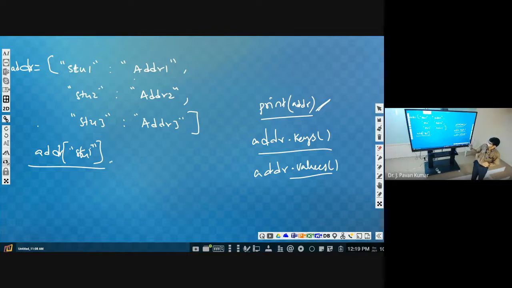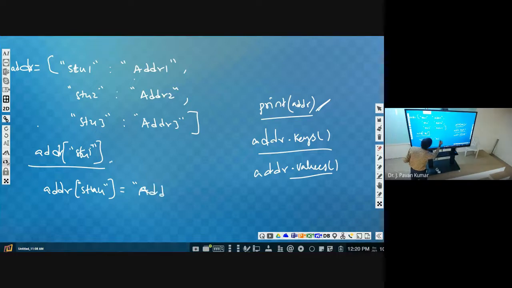We can also modify this. Before modifying one particular element, suppose we have 3 students' addresses and we want to add a 4th student's address. Then we just write address of student 4 equal to address 4.